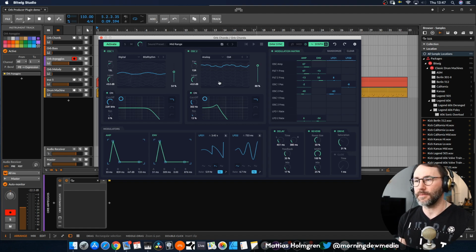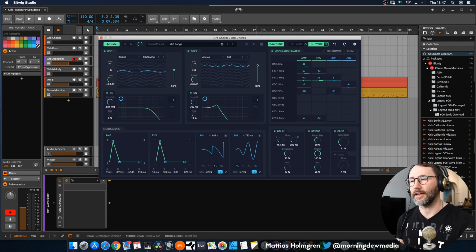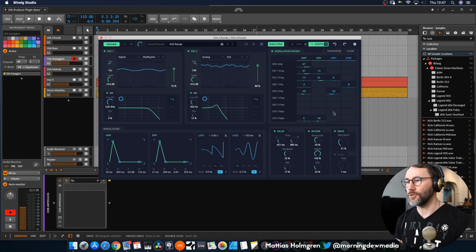You have 2 wavetable oscillators, which you can do the regular wave scanning. And you have the filters. You have an amp section, this modulator section, envelopes, and 2 LFOs. And this powerful modulation matrix to do your specific routings. And at the bottom here we have a delay, reverb, and some saturation like drive.